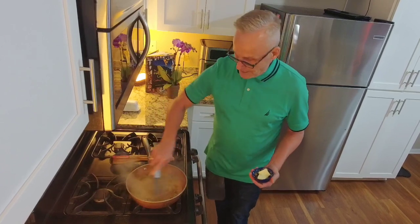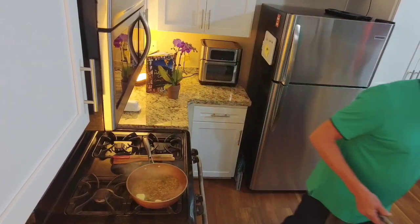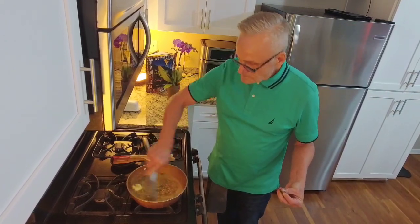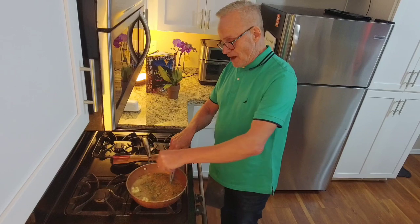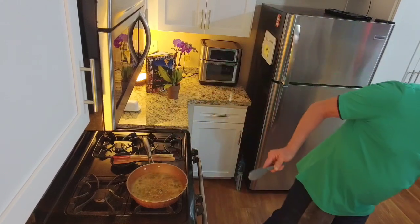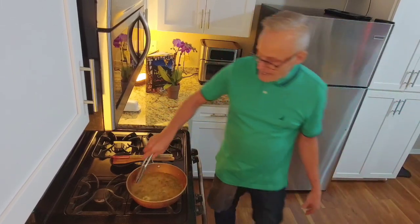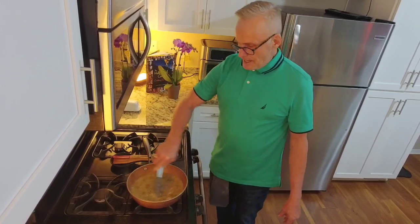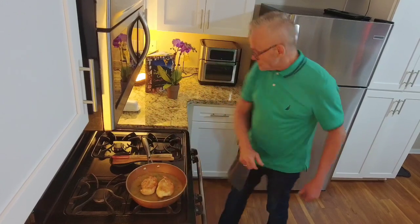Oh, look at that. How fabulous. We're going to add our butter to create a smoother sauce. Let that melt in. And you'll see as the butter melts in, you get more creaminess. We're going to add our herbs, our thyme. And then we're going to add the white wine. All right. And we're going to bring that up to a boil. And we're going to put our chicken back into it. And we're going to let it cover up for just a few minutes